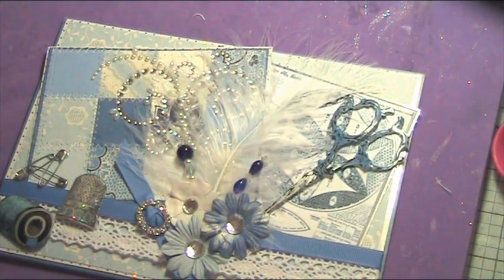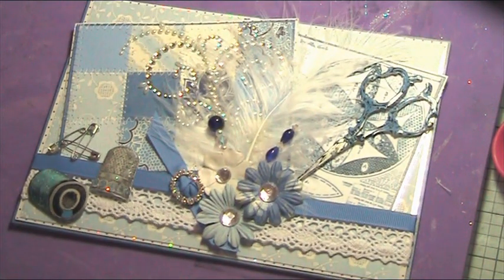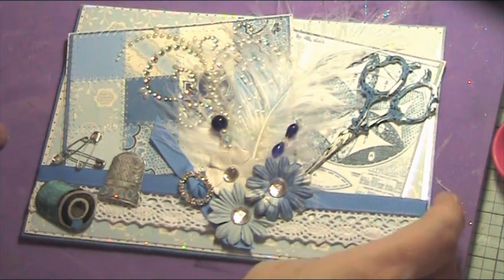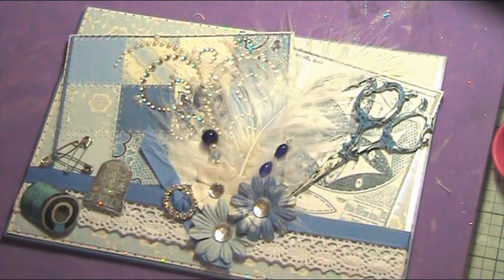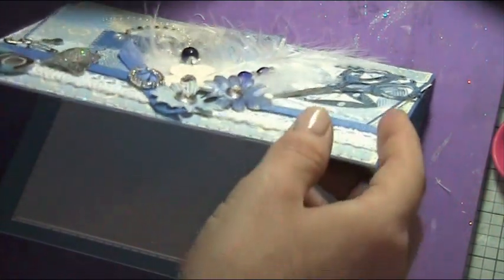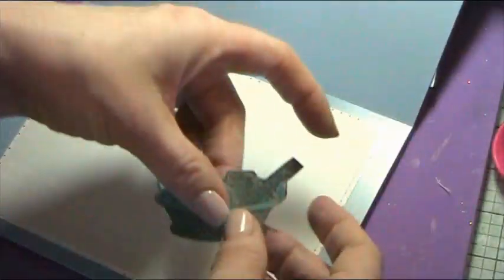Okay, now it was meant to be a 70th card. Well, it is not meant to be. It is a card for a 70th, and I think there was talk of the lady wanting a 70 on the front or on the card. Okay, so I'm going to have a play and see about the 70, but just before I do that, I am going to just pop my